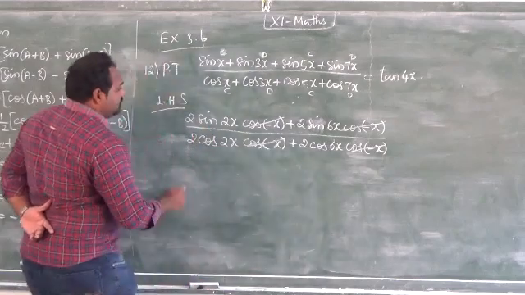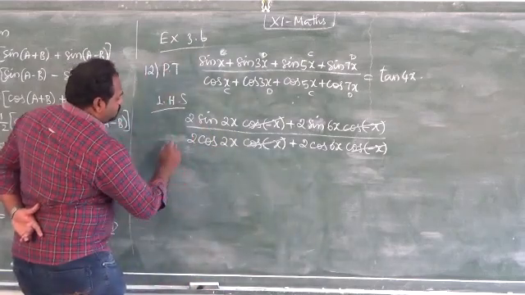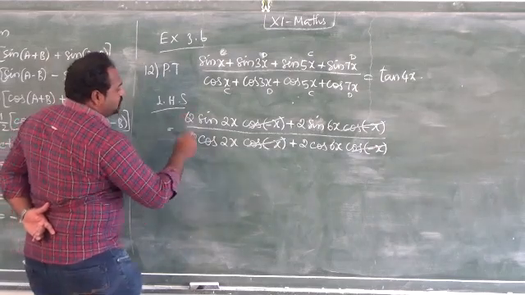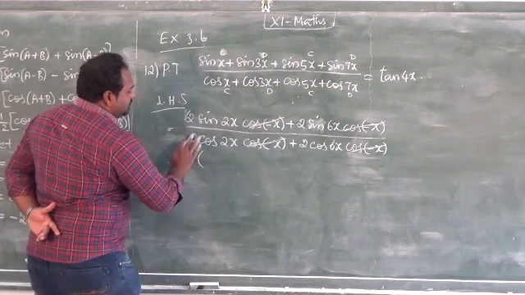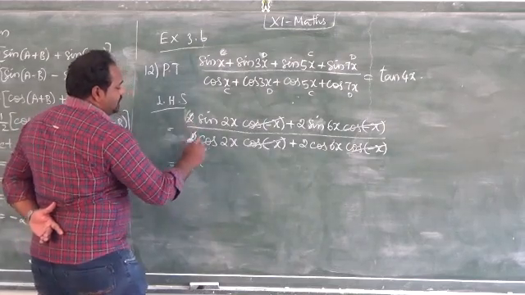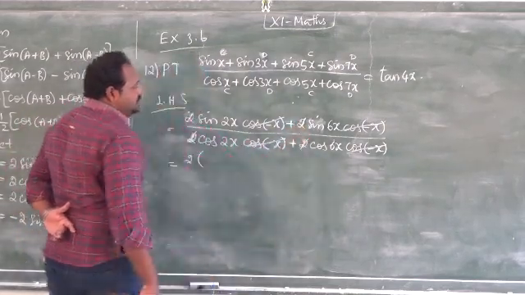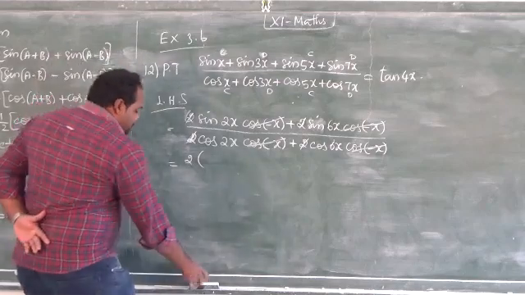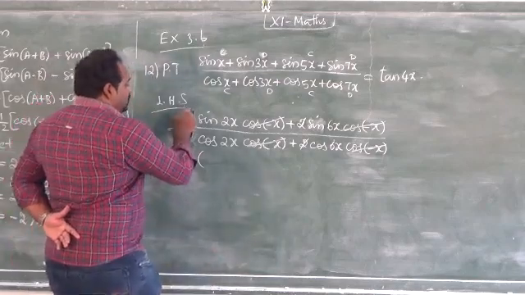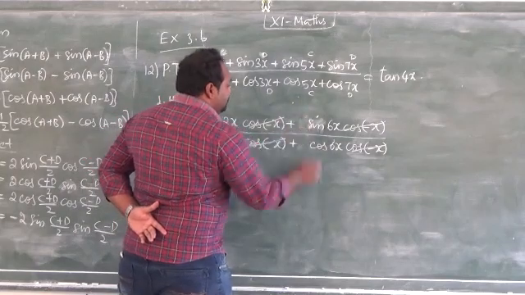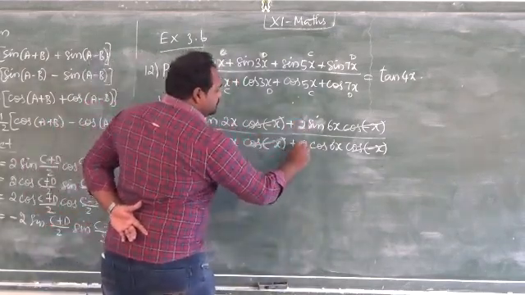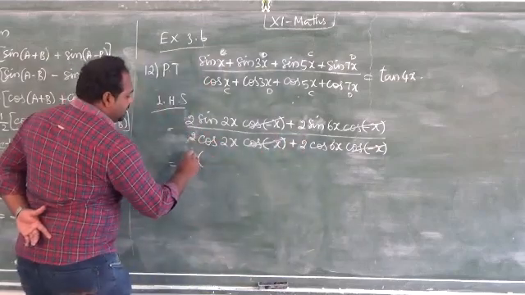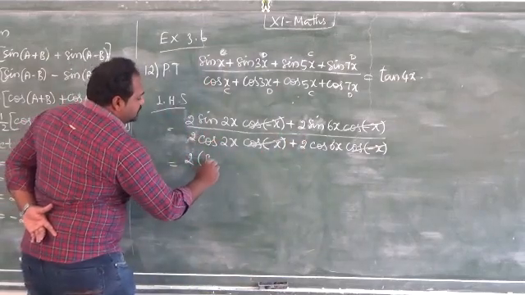Remaining we have 2, we can cancel it. So okay, we can take a 2 commonly outside. 2 we can cancel, 2 we can cancel it. Otherwise, if you have confusions, we can take 2 commonly outside, two taken commonly outside in the numerator.